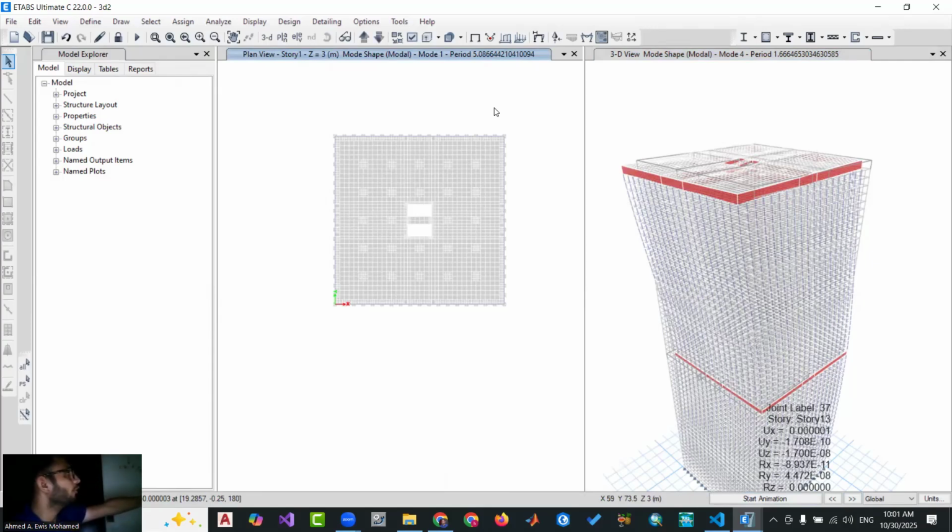After this, look here, I told you there's something called mass participation. Each mode has mass to be counted in the total calculation of the earthquake. So I want to know this mass participation for all modes I have, because there is a part in the code saying that if you use software to run your analysis, at least 90% of your mass should already be active in your model. So to check this point,